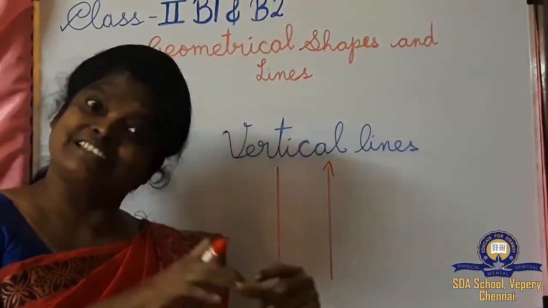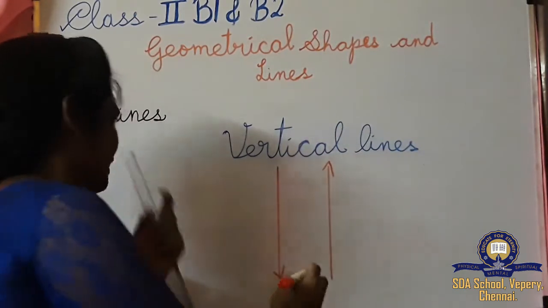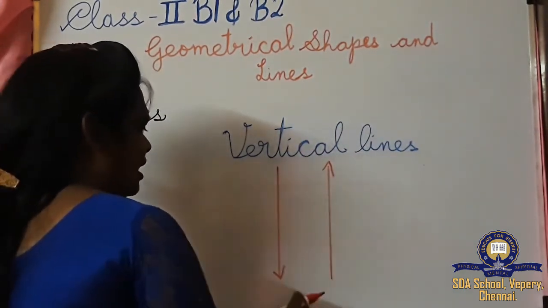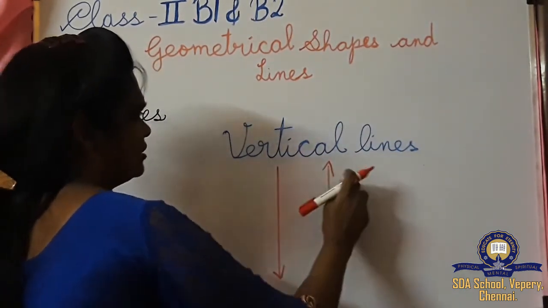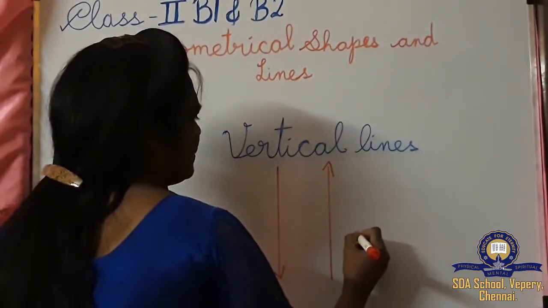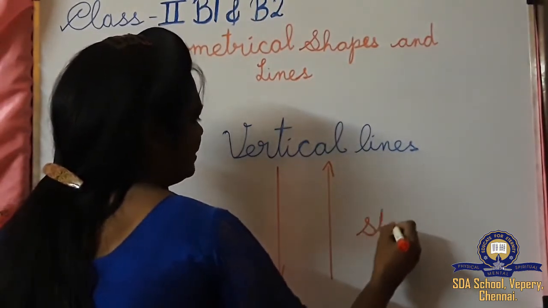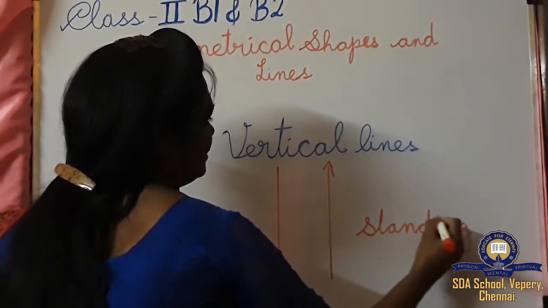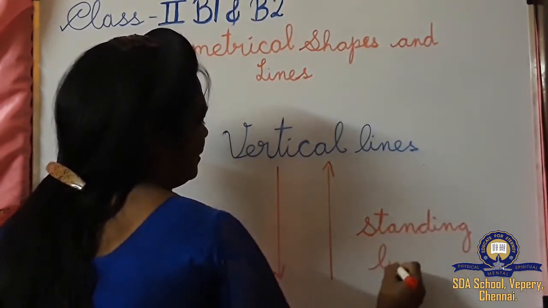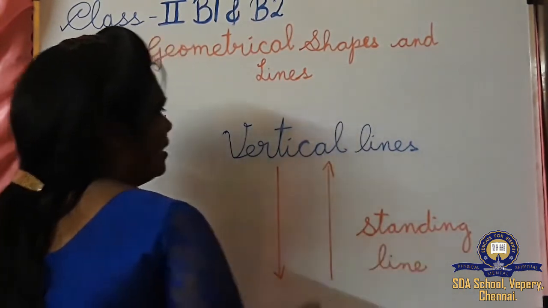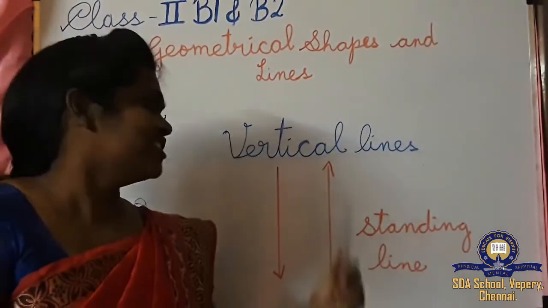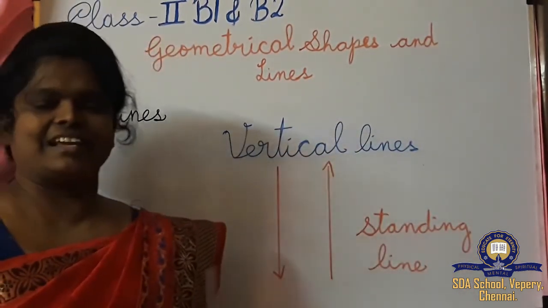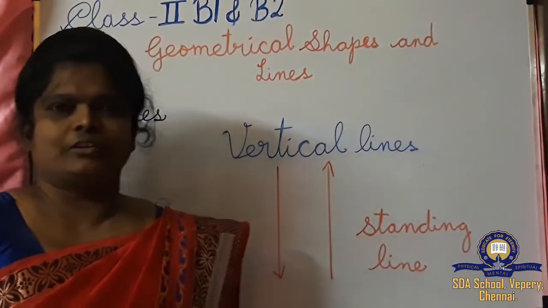First, horizontal is a sleeping line. This we can say up and down and up, we can say it a standing line. S-T-A-N-D-I-N-G, standing line. Horizontal, sleeping. Vertical, standing. Next we are going to see,